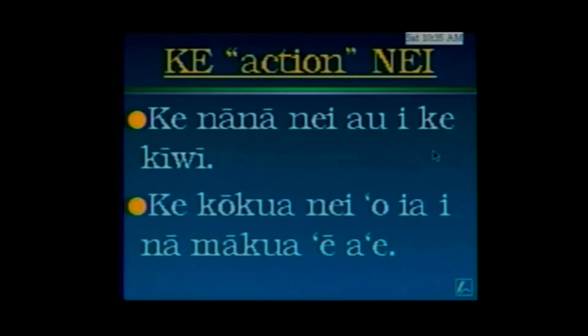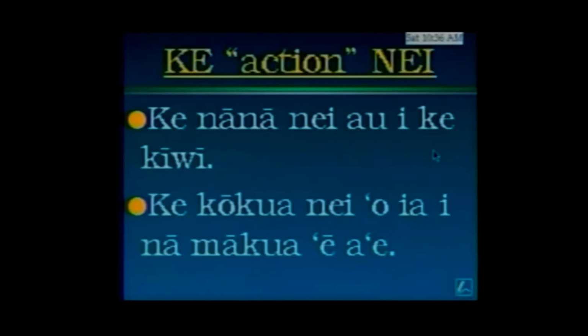Now, you know this. I don't have to translate this one for you. If you think about it, you can figure it out. Here's Pualei sitting in front of the TV. And he tells her, "Hea kauhana, what you doing?" And she turns around and she goes, "Ke nana nei yo ikikivi," in that typical adolescent way. I'm watching TV. Isn't that obvious? And you just like to give them a slap.